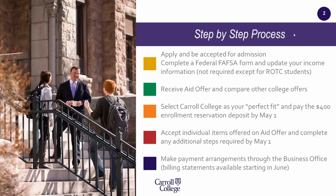Financial aid is a step-by-step process. It begins with completing the Free Application for Federal Student Aid. It's that federal aid form that's free to apply for. It uses your income information. And then once you complete a FAFSA form, colleges send you aid offers. And that's when you start to compare your college offers and see what is the right fit for you financially,